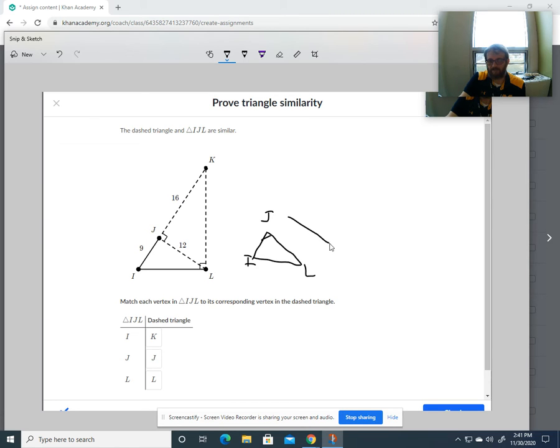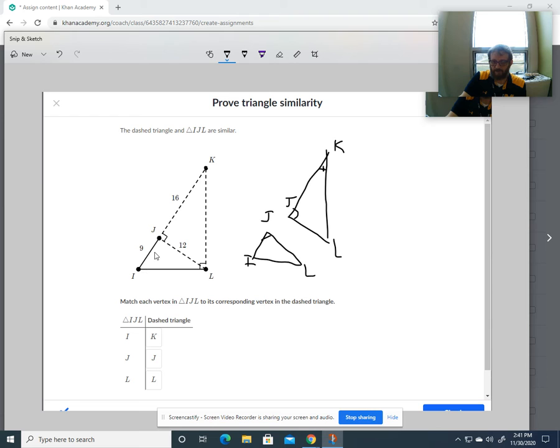Then you got the middle-sized triangle sitting like this, where this is also J, this is K, and this is also L. And this is also a right angle. Now, the hard part is which angles match up. Okay, so what we want to talk about here is this angle right here